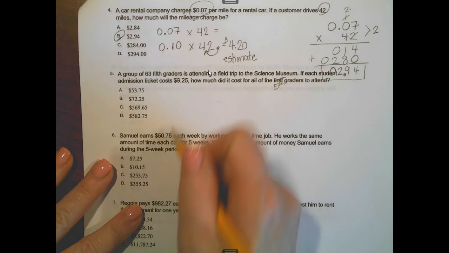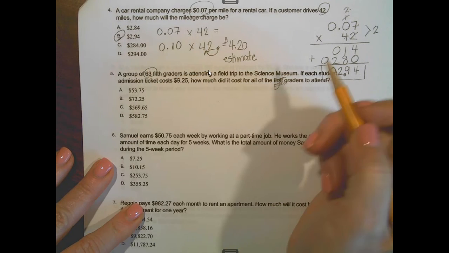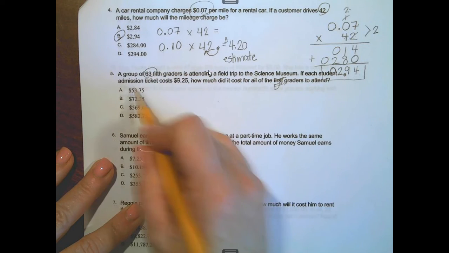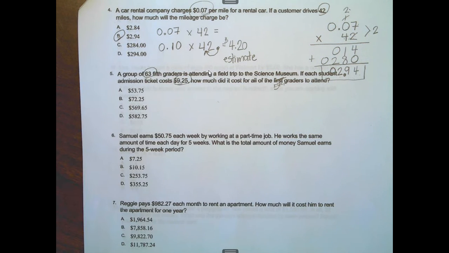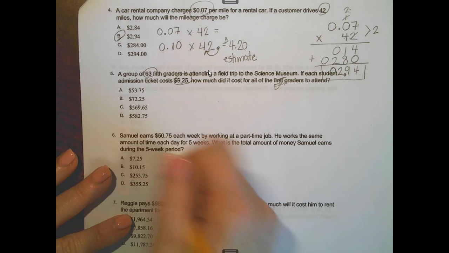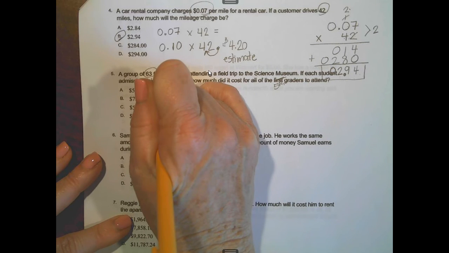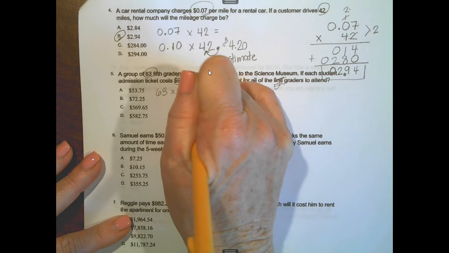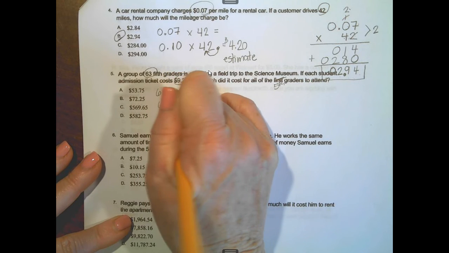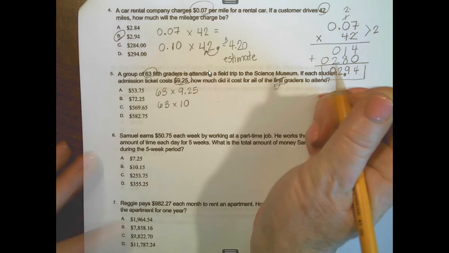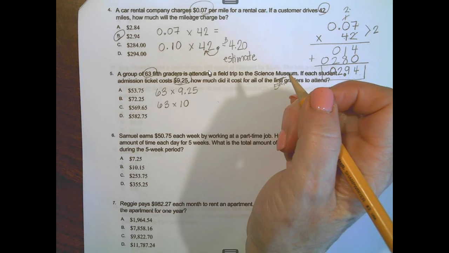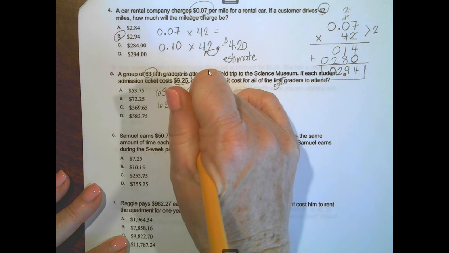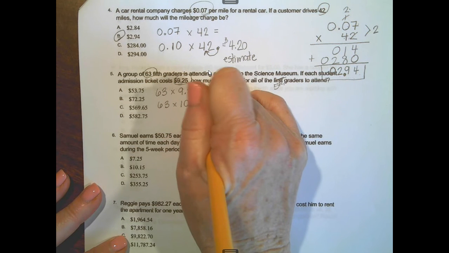So there's 63 going on the trip. I know that each ticket costs $9.25. So I basically have 63 groups of $9.25. That's going to be multiplication. I'm going to get a quick estimate. You know what? I'm going to keep this 63 and multiply it times 10. $9.25 is really close to 10. Give me a little bit of overestimate. So I get